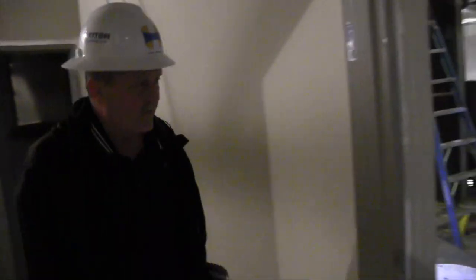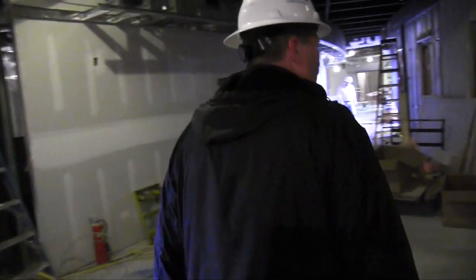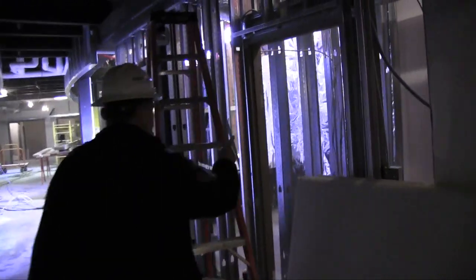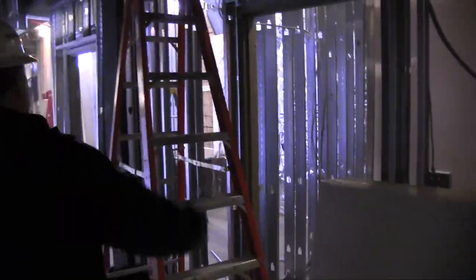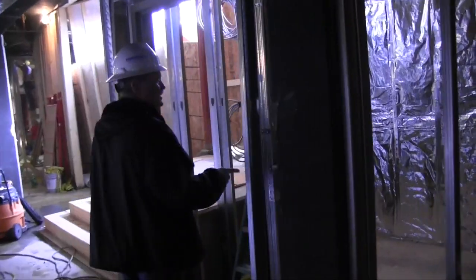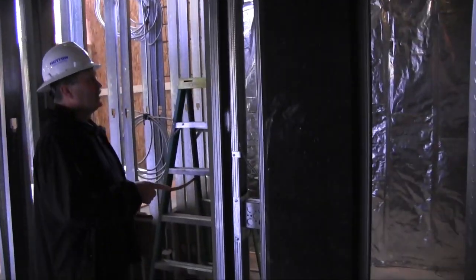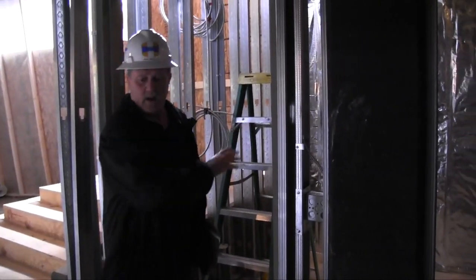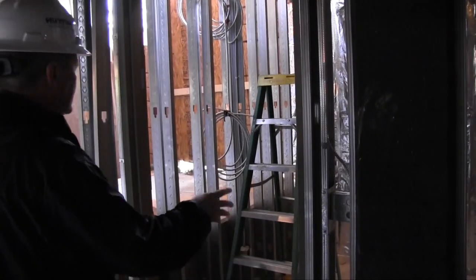Okay, as we move further this way, we will point out that's the first practice room. There are 5 in a row down here. Practice room number 2, practice room number 3, practice room number 4, which is still being built, and then here's practice room number 5, which was not able to be built until the front stairway was built, and now the front stairway is done. This 5th practice room is being built, and it's right here next to the